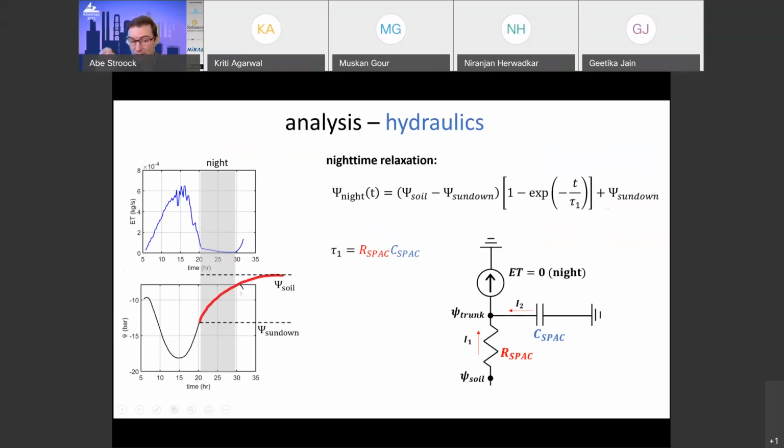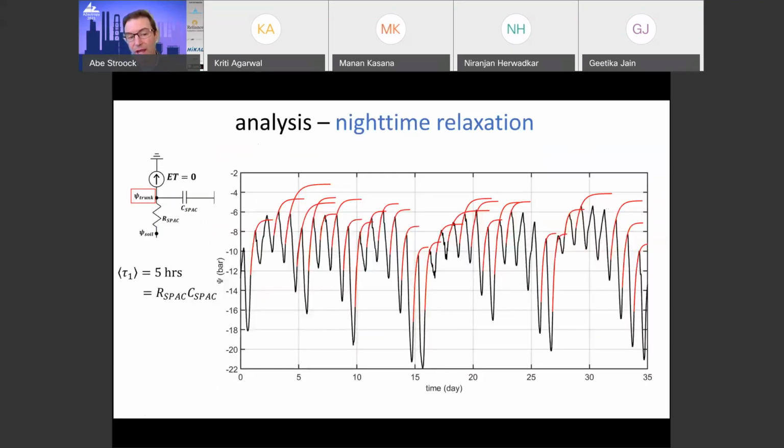And you can see that it does seem to be a kind of saturating exponential relaxation each night. So we can go through and find out a first parameter, which is the characteristic time of this system, which for an RC circuit is R times C, by fitting every one of these relaxations each night. And indeed, we come out with important information about our unit operation, that it has a characteristic relaxation time of about 5 hours.